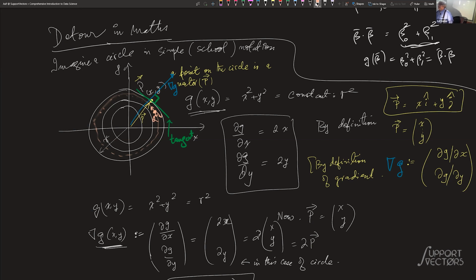So suppose you had to take one such step, and you want to increase your G as much as possible. In which possible direction would you move? Perpendicular to the tangent, exactly. So you would want to go in this direction, at Q. Grad G at the point Q, whatever it is, that direction you already realize is perpendicular to the surface. So the path of greatest increase in G, and that is the intuition,